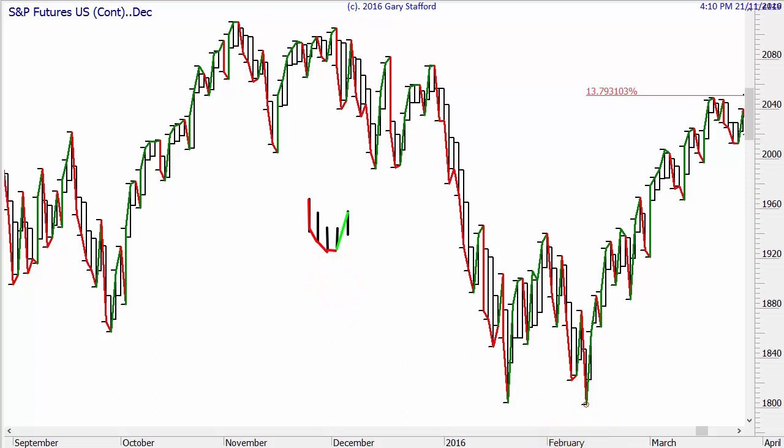And so what I'm looking for is for it to make a lower top. So that would be if it did something like this. So we've made a lower top than the previous top and a lower bottom than the previous bottom, and that would mean the line would actually do this and go to the low, and then I can put my stop loss above this high. Now that's basically what happened for about half the day.